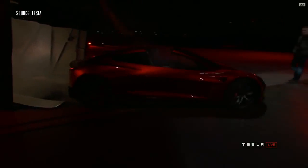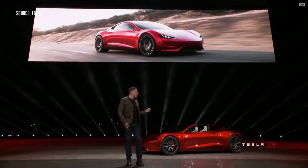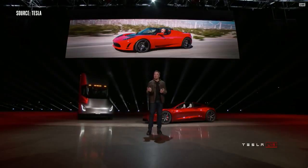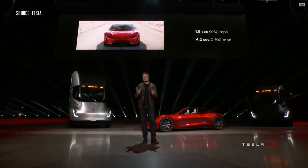So it turns out there was some cargo in the truck. We thought we'd bring it out. People have asked us for a long time, when are you going to make a new Roadster? We are making it now. Yeah! The new Tesla Roadster